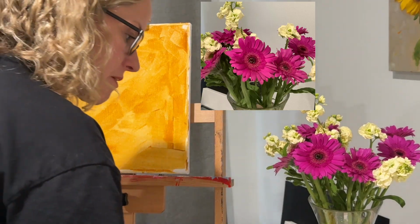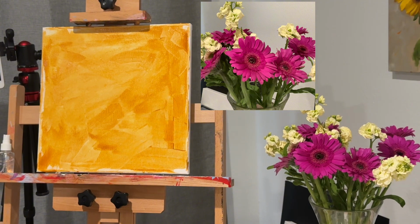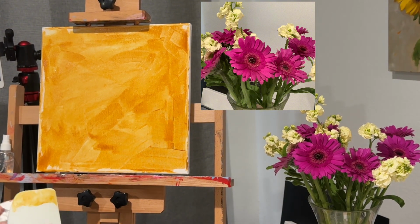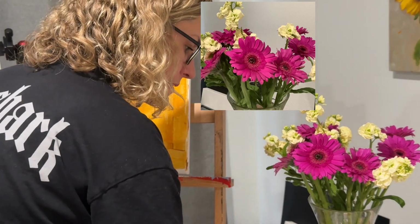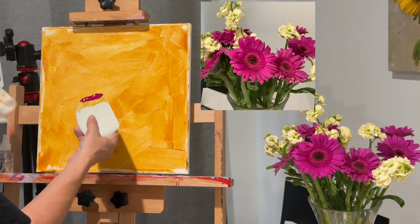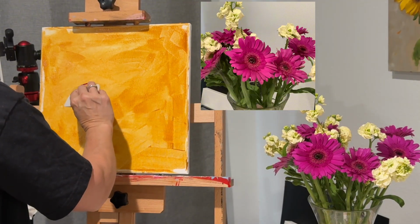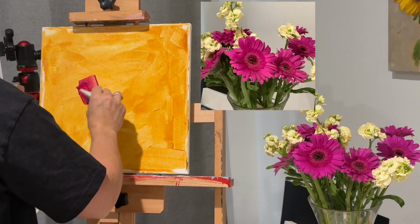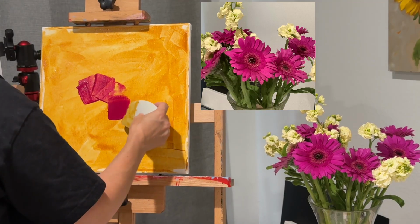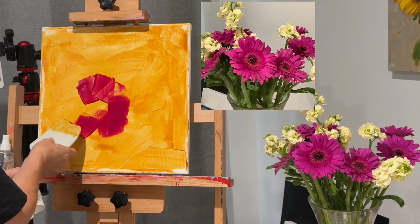So I'm going to just play around with a few colors. I put out a few different magentas, and I'll list all the colors below because last time I realized I didn't do that. But I'm going to start off with this one here. And I took a photo of this that I'm looking at, so I want to really emphasize one or two of these flowers. I'm not going to paint every single one of them, but I am going to start off with sort of that,